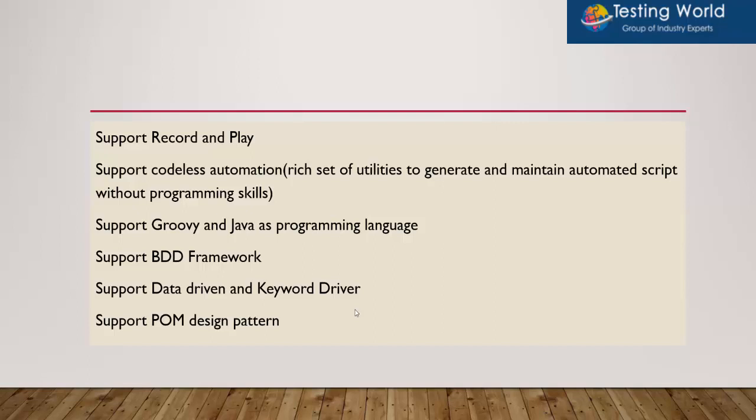If you have heard about Selenium, there for everything we have to write code. Let's take an example. You want to start a browser, you want to enter a URL. For starting the browser, you will have to write 3 or 4 lines of code. For putting in the URL, we have to write 1 line of code. So for doing everything, you have to write code in Selenium. But if we talk about Katalon Studio, it supports codeless automation, which means it gives a lot of utilities by which we can write automation scripts even without writing any programming. So that is the advantage of Katalon Studio.